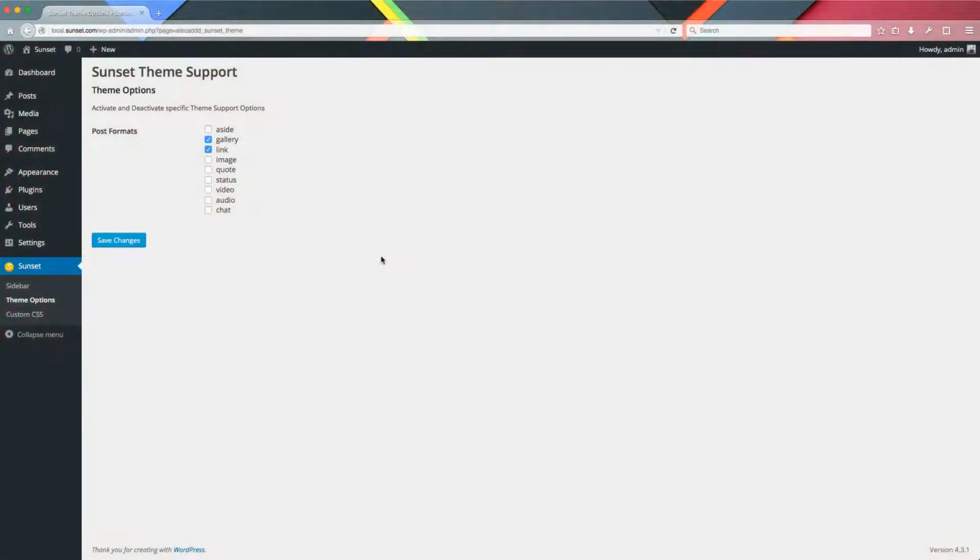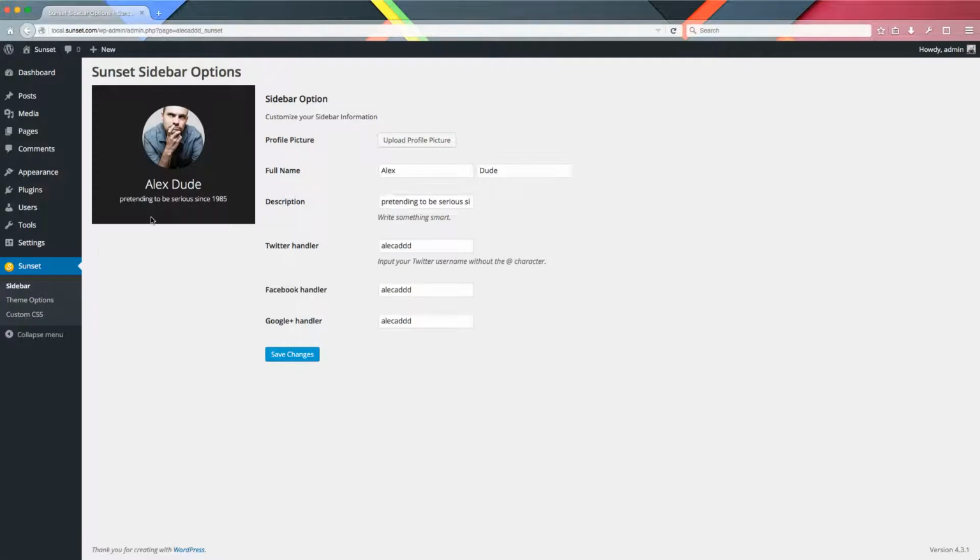Welcome again. In the previous lesson, we created a bunch of cool options to activate and deactivate some specific post formats related to the theme support options of WordPress. What I want to do today is extend this functionality that I created in this new section to activate other theme support, which are going to be the custom header and the custom background that a user can edit. Before doing that though, I want to roll back a little bit in the sidebar section